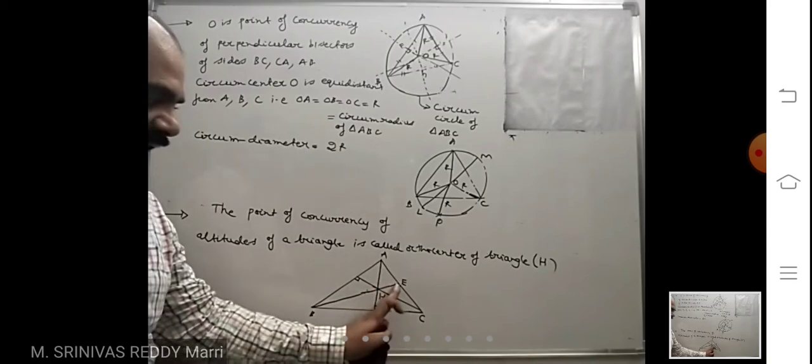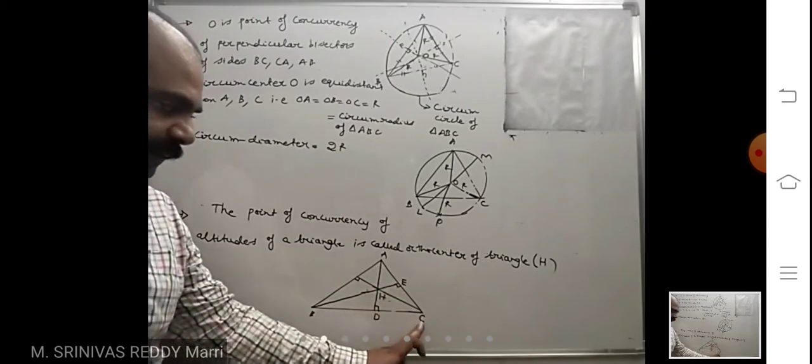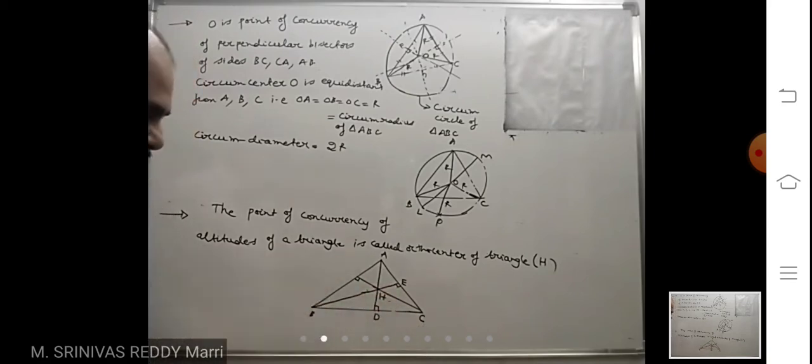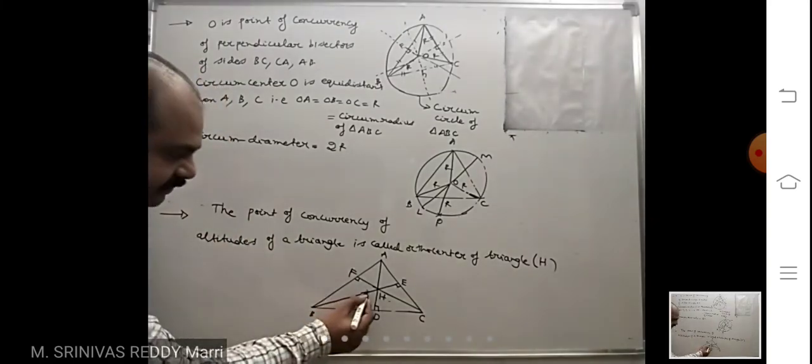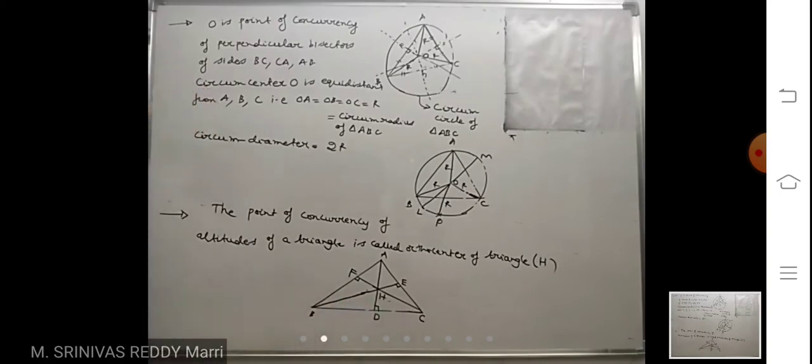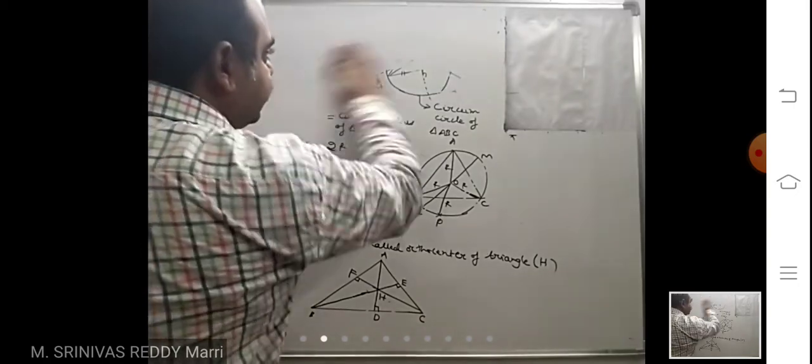Then BA is called altitude passing through B. Drop a perpendicular from C upon AB, this is F. So this CF is called altitude passing through C. Their point of intersection will be H. That is called the orthocenter. Here the point to remember is